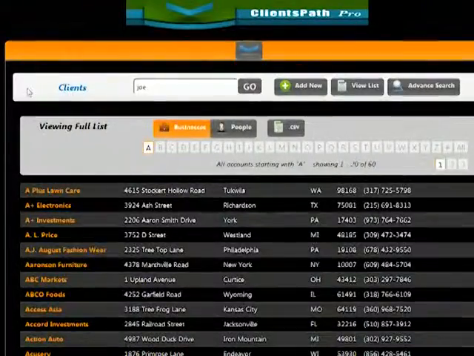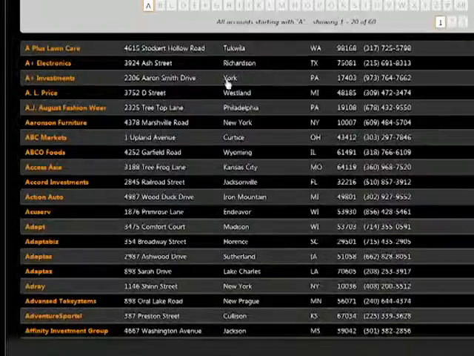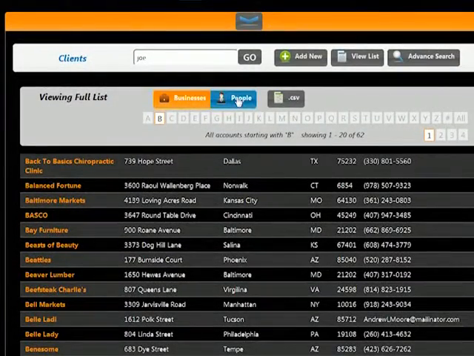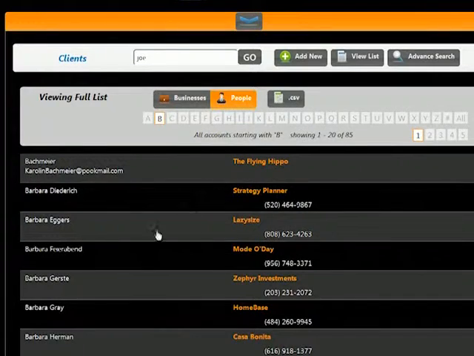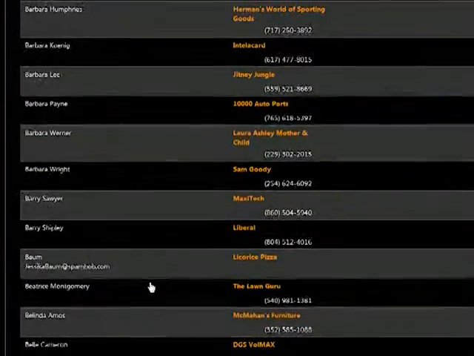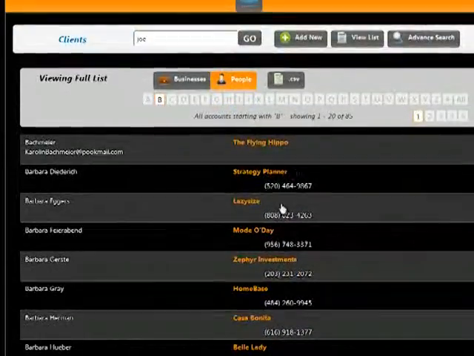If we click on View List, this will show us our entire clients list, just alphabetized, paginated, just like a phone book. We can look up the businesses, or if we're interested in looking up specific people, we can look them up and it will tell you the person, the business, and if they have a specific position, it will indicate that as well as their phone numbers.